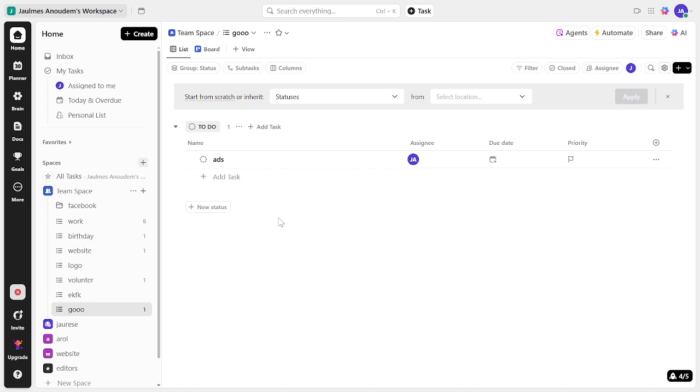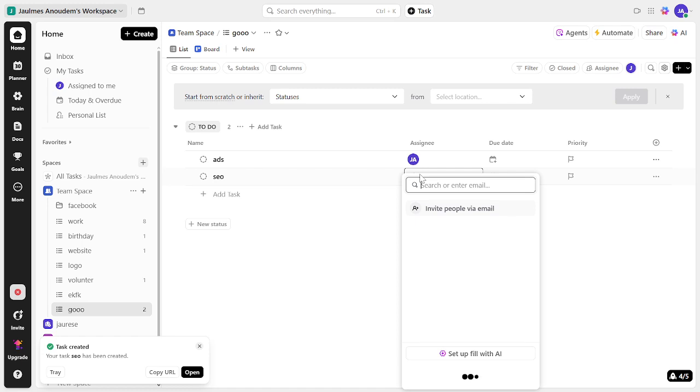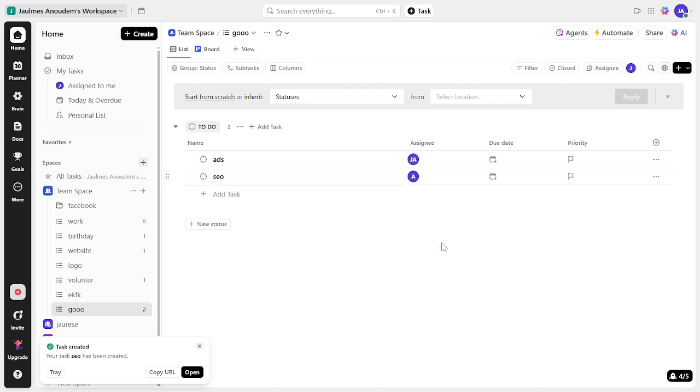Now that you've mastered the art of assigning recurring tasks in ClickUp, it's time to use this feature to its fullest potential. Start by creating a few more recurring tasks and assigning them to different team members. Remember, efficiency is key in task management, and with ClickUp's recurring tasks feature, you're well on your way to a more organized workflow. And there we have it, a quick and easy guide on how to assign recurring tasks automatically